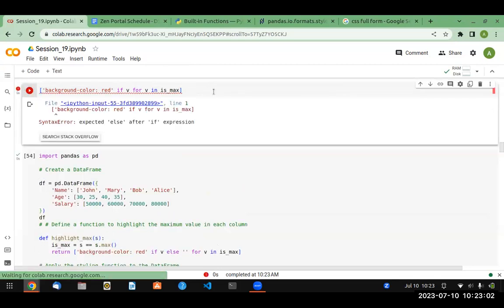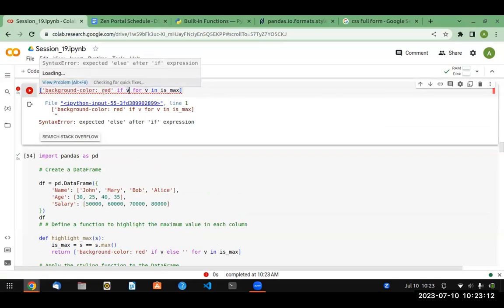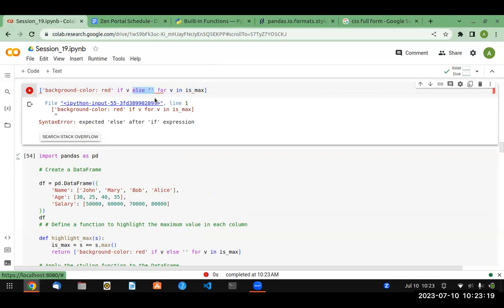Let me see. Background color red. Guys, if I remove the else statement, how can I write this list comprehension? Can you help me? I don't want to use else here. For v in this,